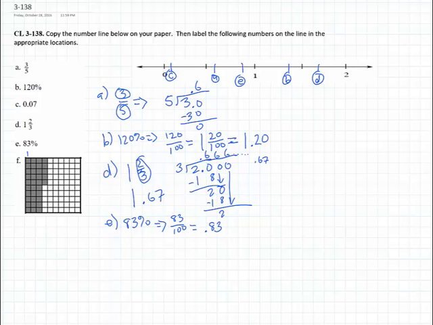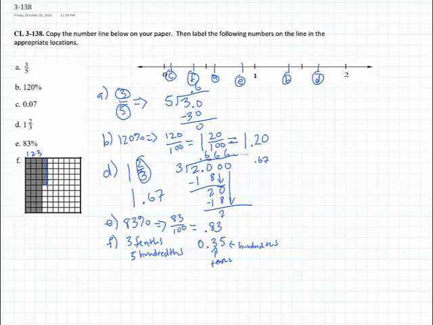F, let's take a look at, we have 1 2 3/10, and then 1 2 3 4 5 hundredths. Okay, so for F, again, we have 3/10 and 5 hundredths. So that just means we have 0 and 35 hundredths. This is the tenths, and this is the hundredths. Okay, so 0 and 35 hundredths. That's less than 5/10. So this is about 1, 2, 3/5. So we'll put it right around here somewhere, and that's going to be F.